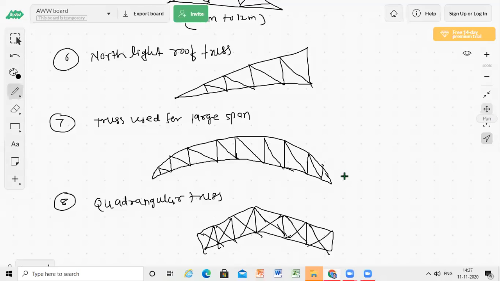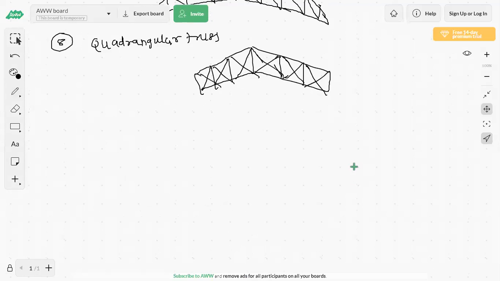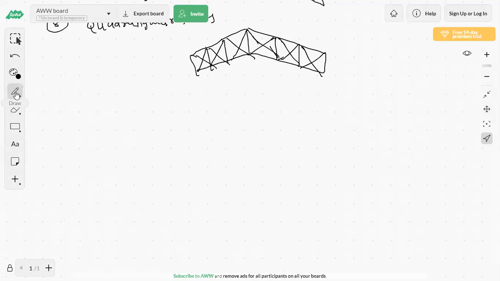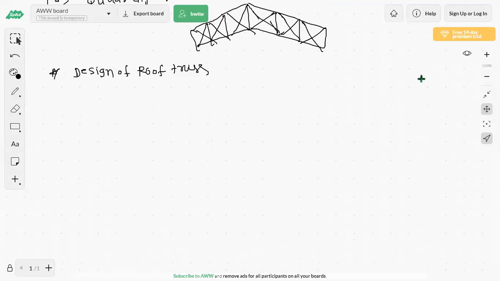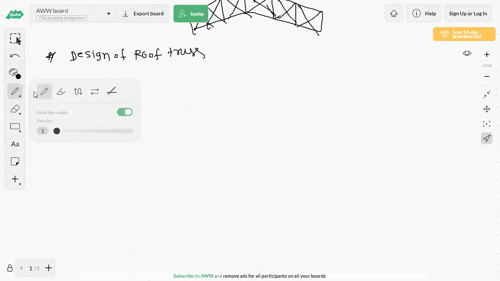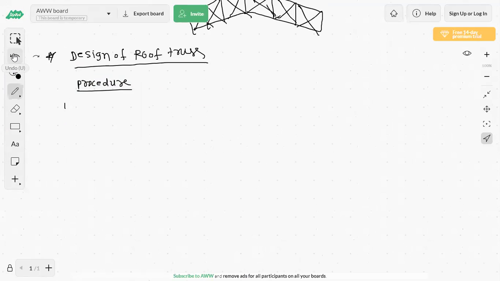Okay, now the next point is that we have to design the truss. So, design of roof truss. We will first see the procedure and then we will solve an example. In the procedure, step 1,